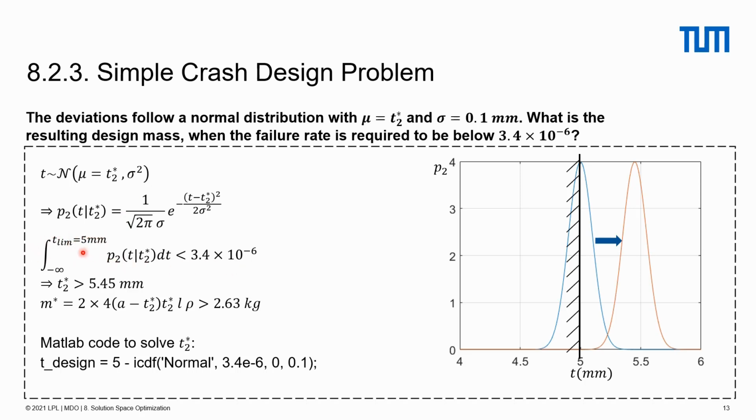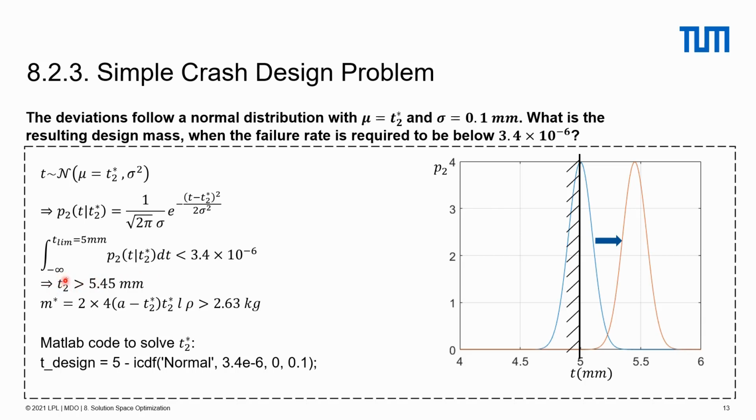Our requirement is that the integration of the probability density function from negative infinity to 5 mm is less than 3.4 times 10 to the minus 6, and this results in a design